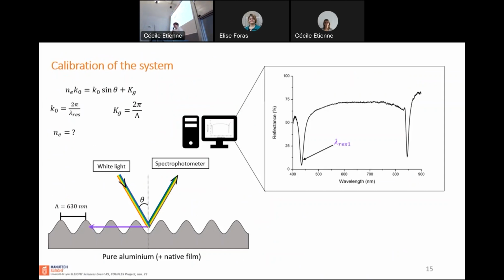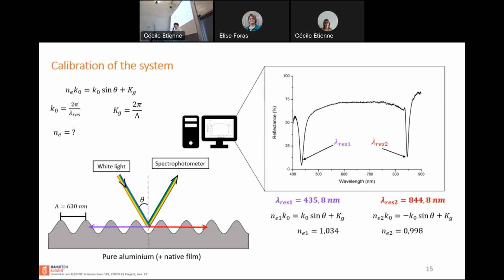And as you can see, there are 2 resonance wavelengths on our spectrums. The first one is induced by one diffraction order and is situated at a resonance wavelength at 435 nanometers. And there's another one that implies that another diffraction order excites another surface plasmon at this interface